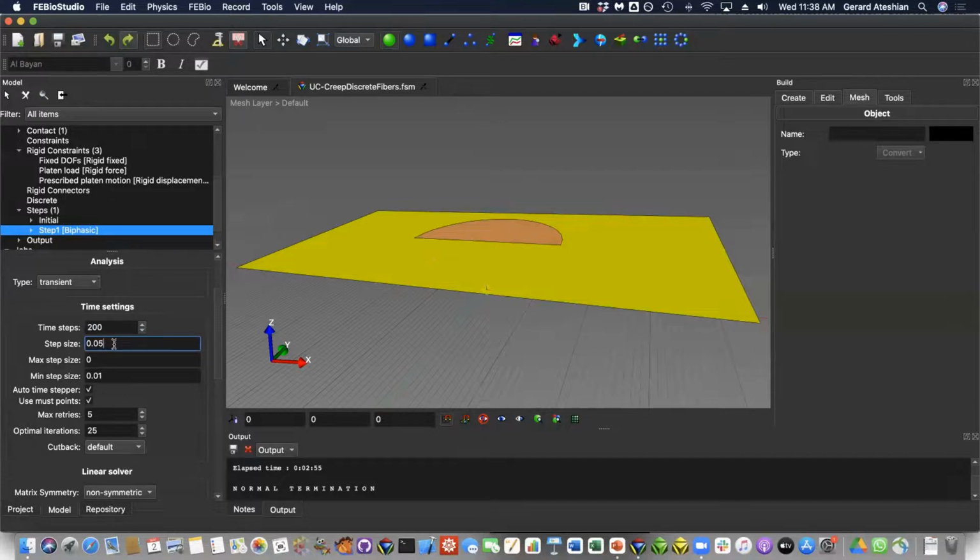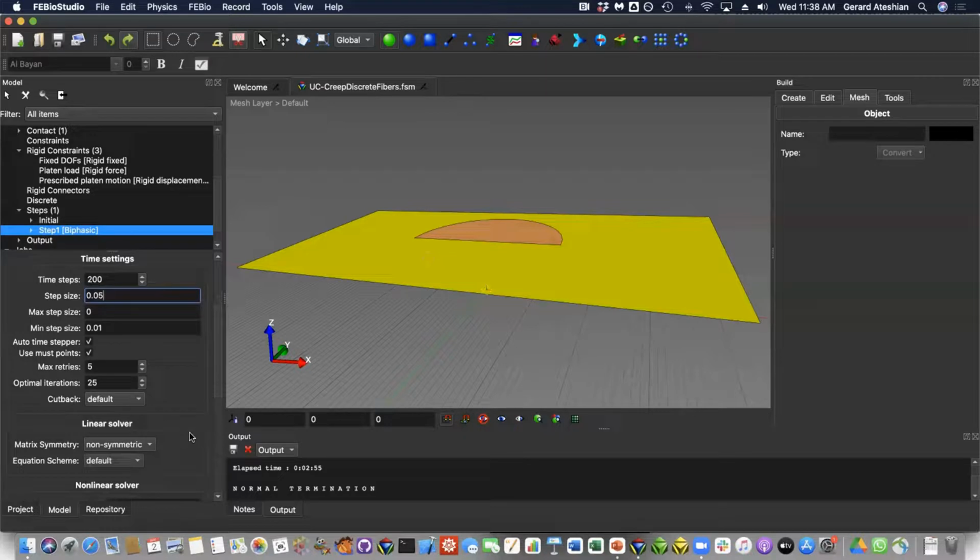Remember, one entire cycle in our case is 4 seconds, right? Going to the right in 1 second, back to the center in the second second, back to the left in the 3rd second, and back to the center in the 4th second. So that's 4 seconds per cycle. I'm going to do 2.5 cycles, which means 200 time steps, and I want smaller time increments. This time, I want my time increments to remain uniform, but I want to make sure that the platen reaches